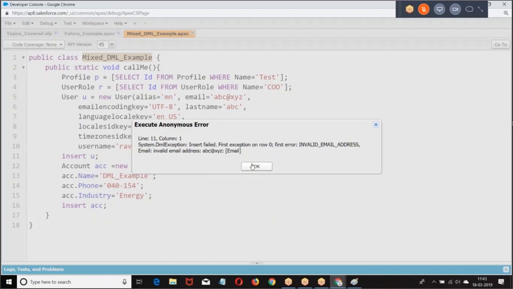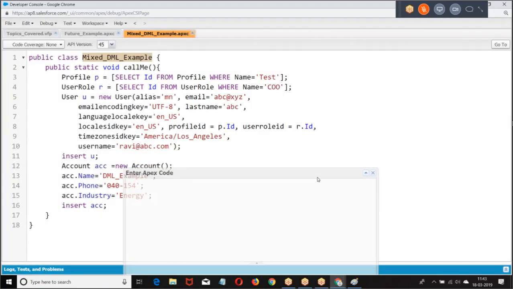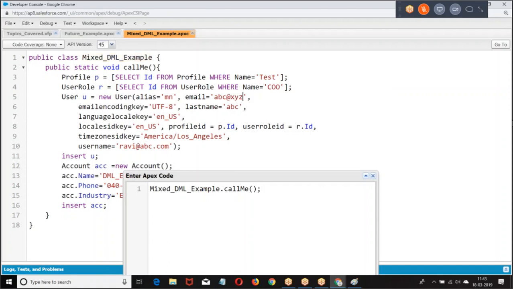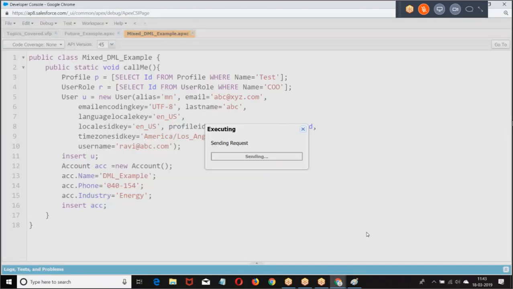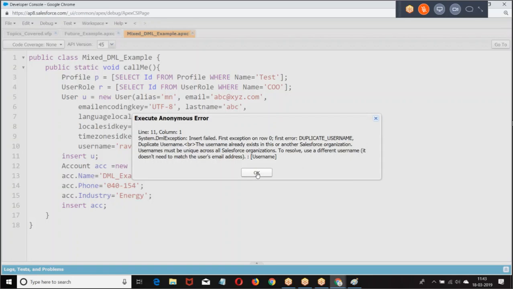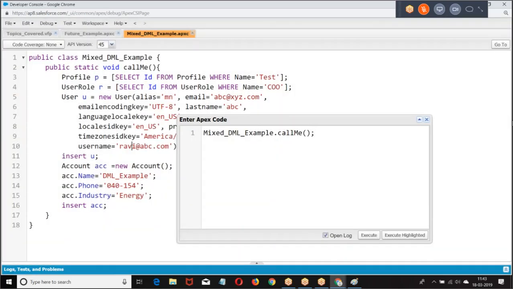No, invalid email address. No, duplicate username. There are too many errors.